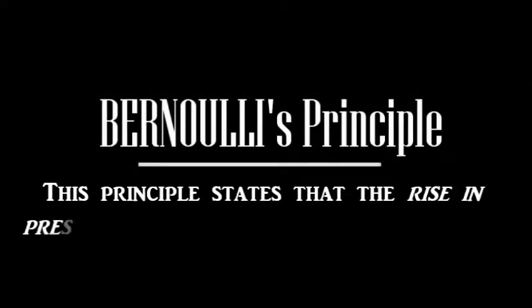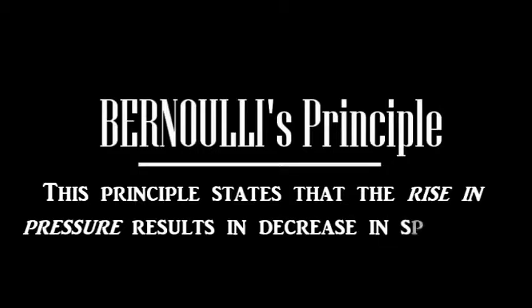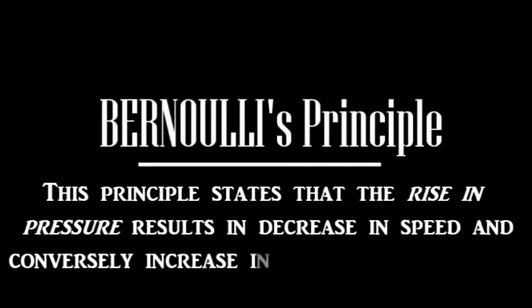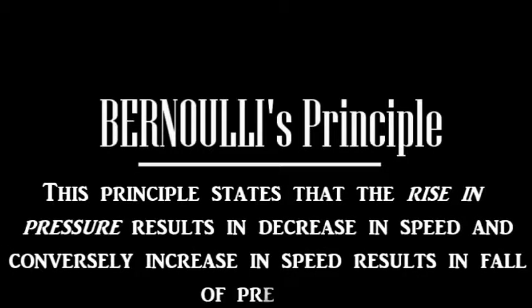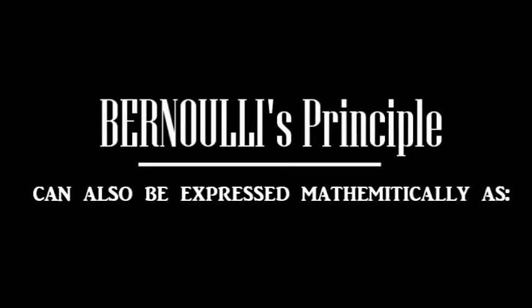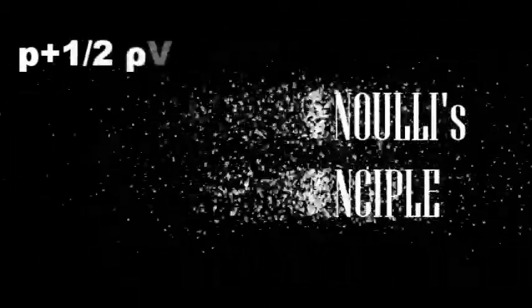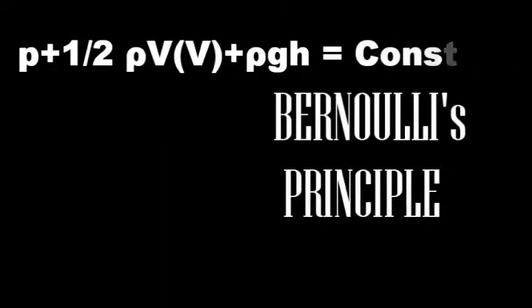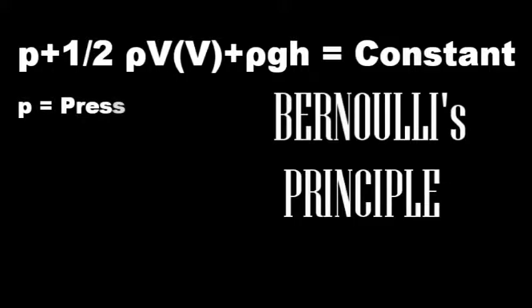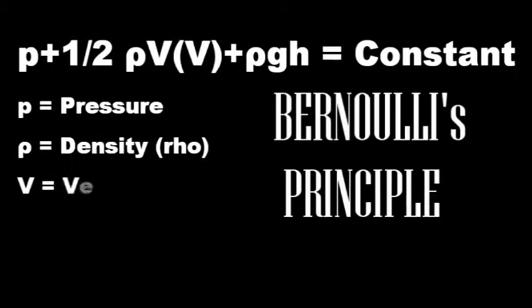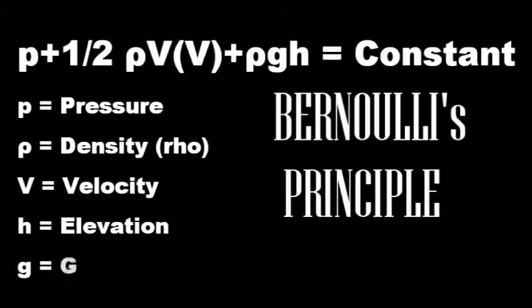This principle states that the rise in pressure results in decrease in speed, and conversely, increase in speed results in fall of pressure. The Bernoulli's principle can also be expressed mathematically as P plus 1/2 ρV squared plus ρgh equals constant, where P is the pressure, ρ is the density, V is the velocity, h is elevation, and g